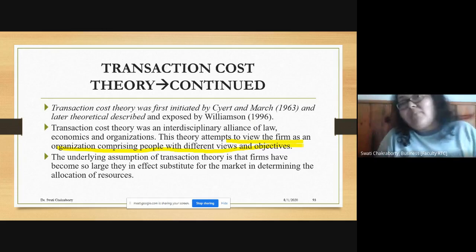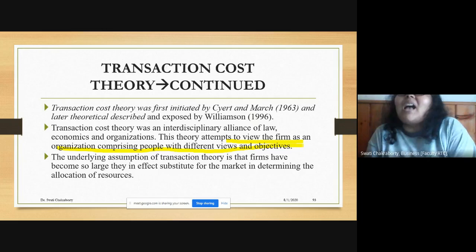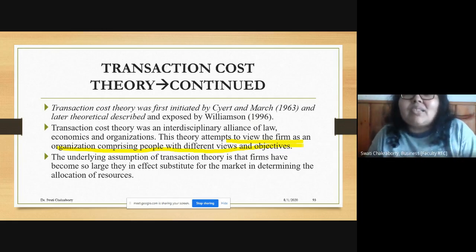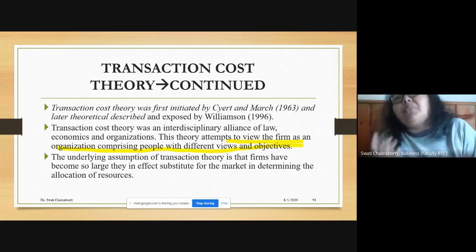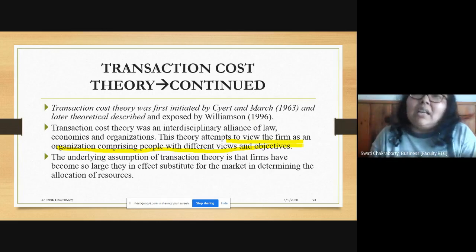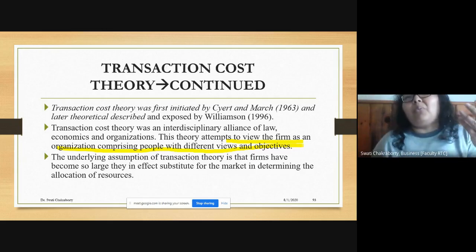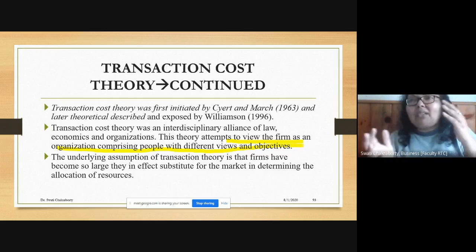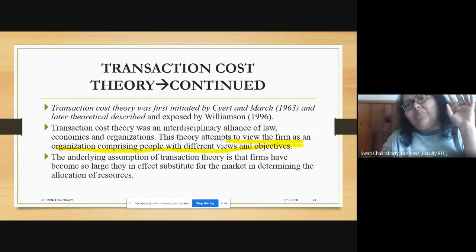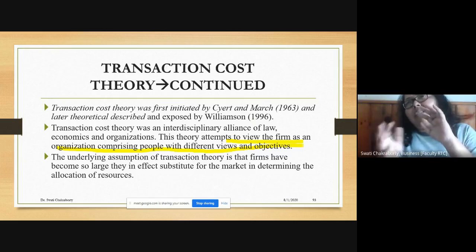They may have their own problems. Who's going to look after that? It's the management, it's the executive who has to look into it. So it's the job of the executive to actually look into the personal aspirations, the needs, the views, the objectives of the individual employees who are there, have an interaction with them, solve their problems if possible, or come up with alternatives. So interaction between the top level executives and the employees, any interaction is called transaction. That's the meaning of transaction.